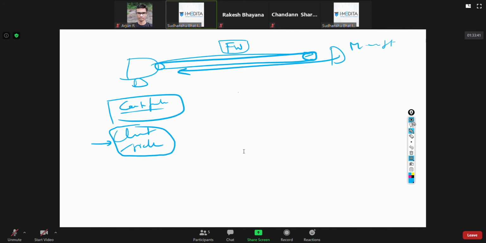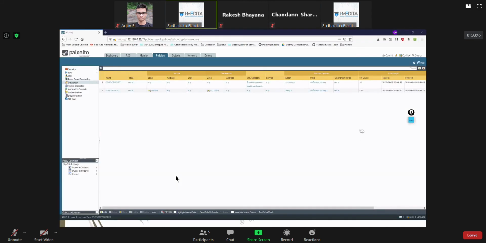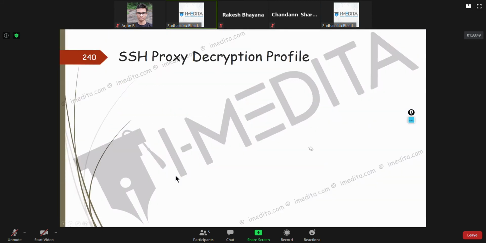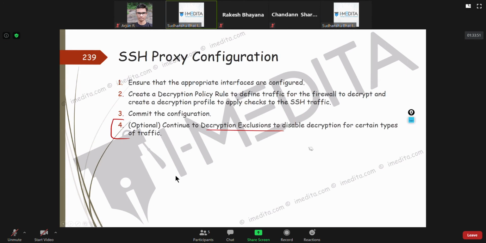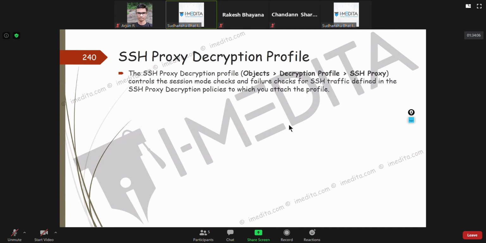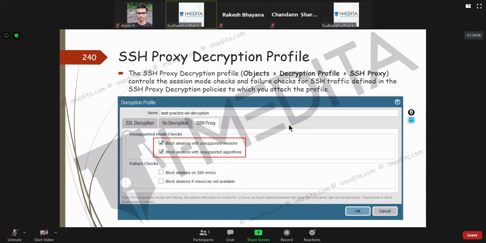It's basically if you decrypt some things, the application completely breaks. So what you can do is you can configure an SSL decryption exclusion list to say that for these domains, if people go to these domains, don't do any decryption.